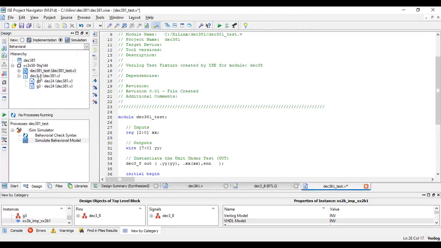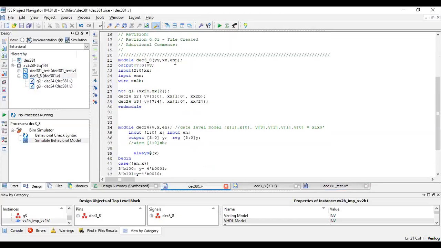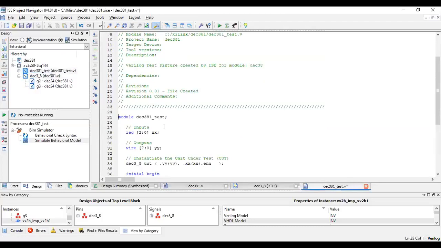So if you can see in the program, you have to instantiate YY, XX, enable. So all 3 are there, YY, XX and enable. Dot enable is equal to enable. I should also declare enable as register because this is one extra signal I have.